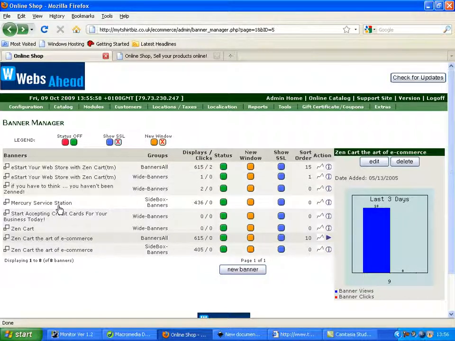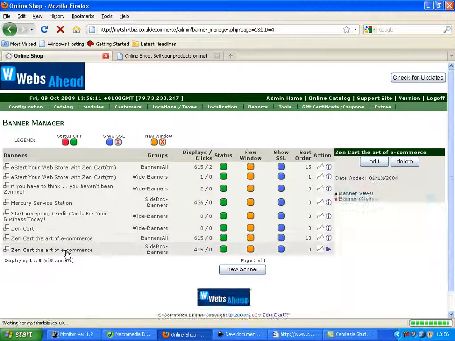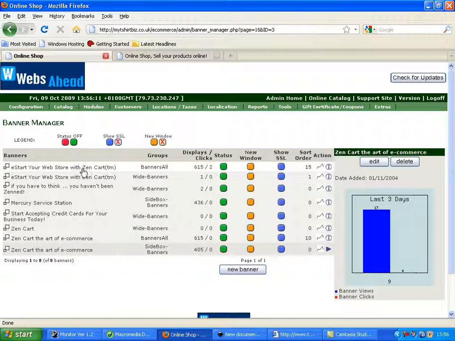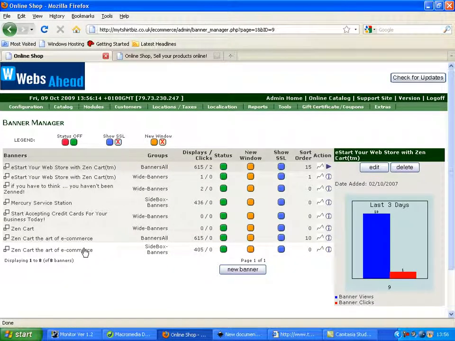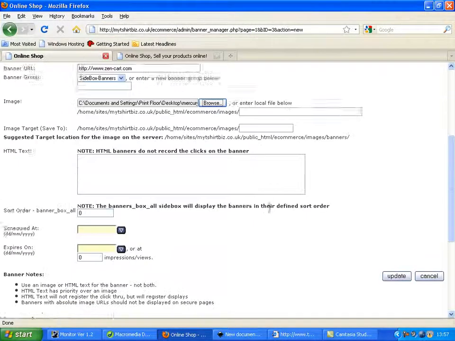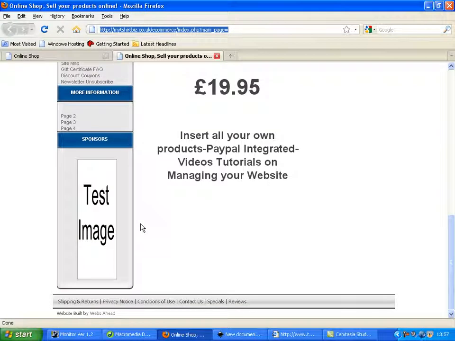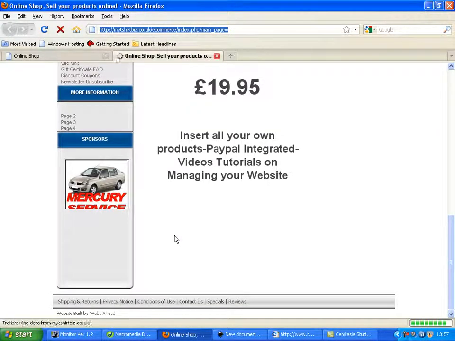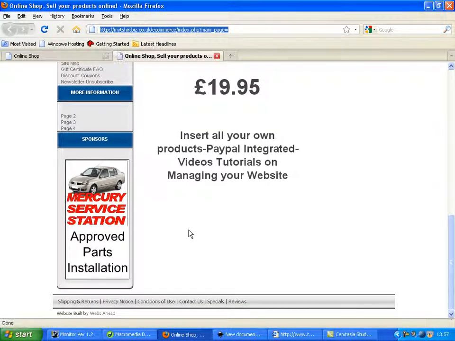That's the Mercury service station one. Side box banners. Let's just click on that a second. And banners all side box. Edit. Yep. So delete the text again. Browse. Mercury. Open. Update. Go back to the shop, refresh, Mercury service station,